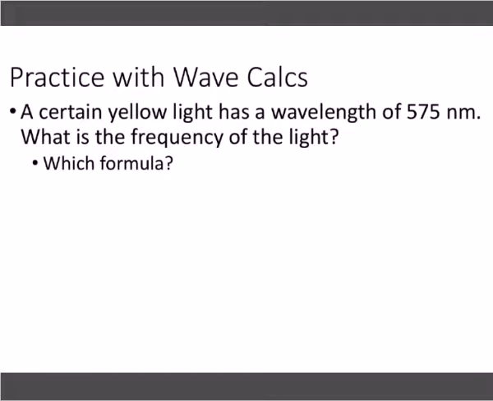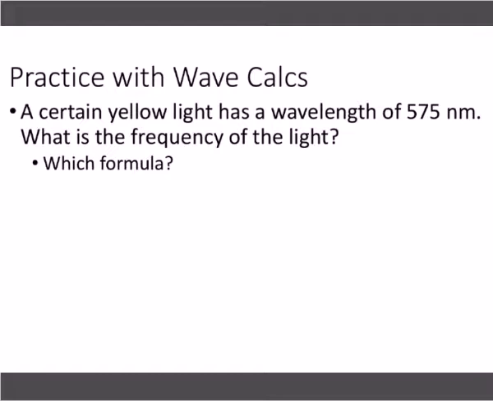All right, here's another one. Okay, let's take a look at this problem. It says a certain yellow light has a wavelength of 575 nanometers. What is the frequency of the light? So, what's our first step we should do? We have a word problem. We need to